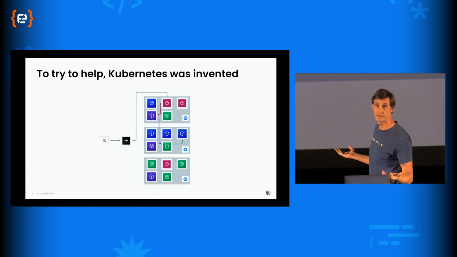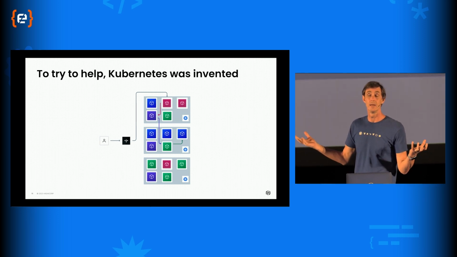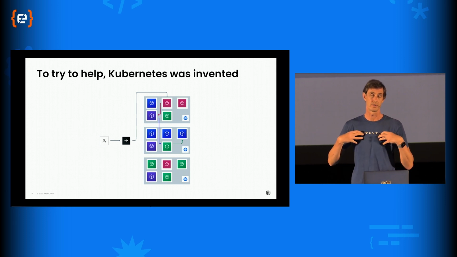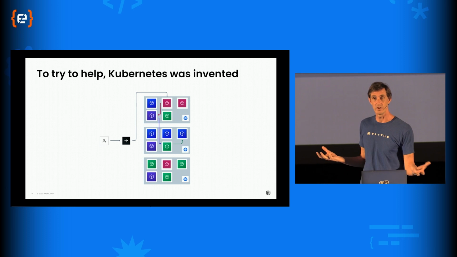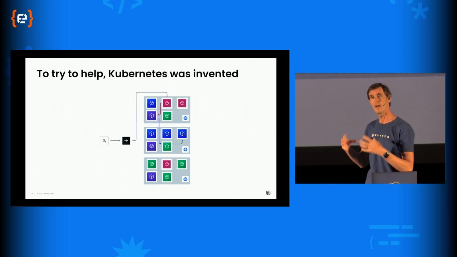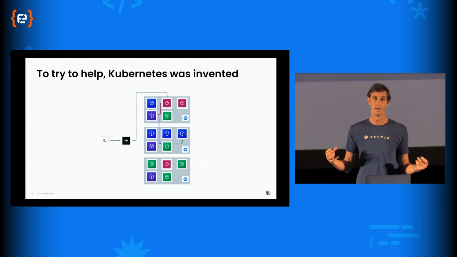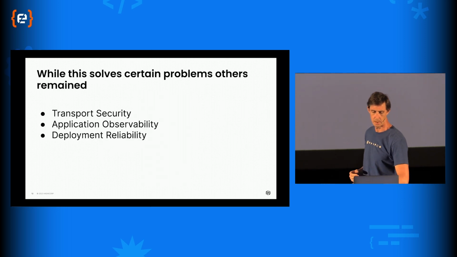To help this, we invented Kubernetes. Help? Complicate? It solves the problem, but it introduces a burden of something extra that we now need to learn and understand. Because if we don't have mechanical sympathy for the infrastructure that our applications are running on, it doesn't help us when something goes wrong, when we need to debug it or diagnose a possible problem.